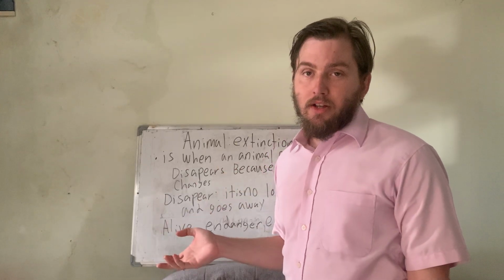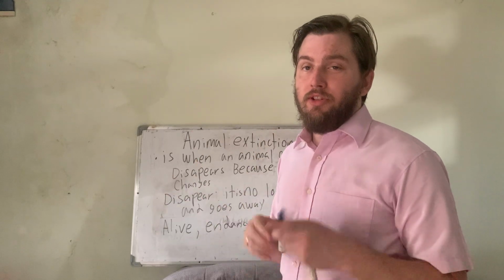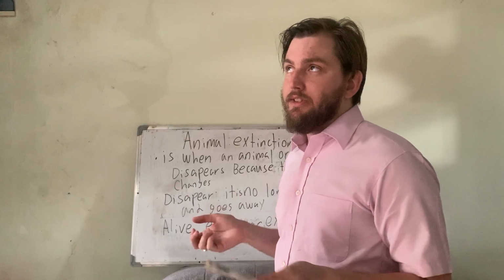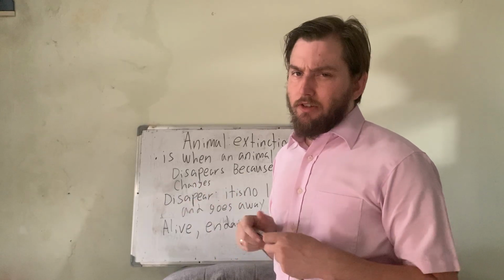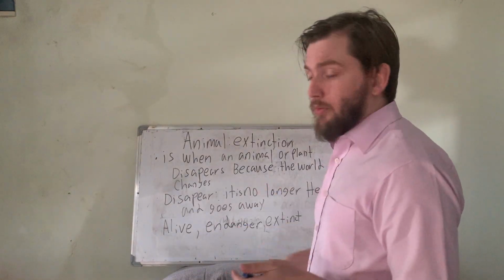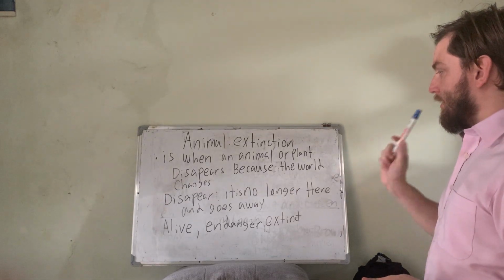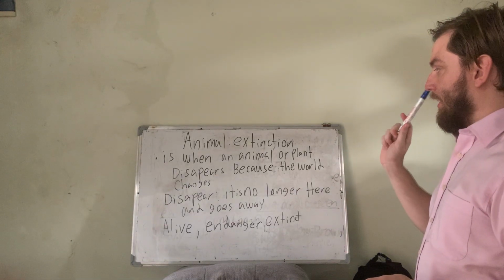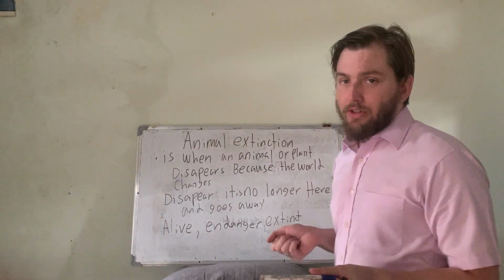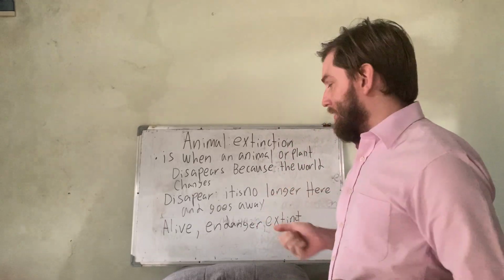Animals disappear, whether it's because of us, because of other things, or because of weather changes. There are many things that make them disappear. So, these are some of the words you need to know: alive, endangered, extinct, disappear, extinction. Okay, so I'm going to show you some of the animals that are extinct and tell you some reasons why they are going extinct.